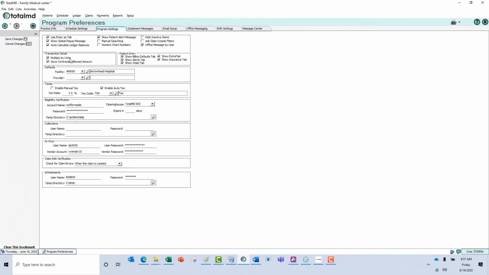Multiply by units and save contracted amounts are really nice features of TotalMD. Obviously, if you're putting multiple units in, if you check this box, the system will multiply the amounts for you. Save contracted amounts will allow you, when you're putting information into an ERA that you're posting, if you put the contracted amount, the system will remember that for the next time you use that particular code for